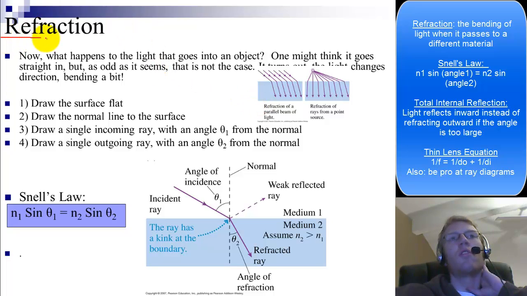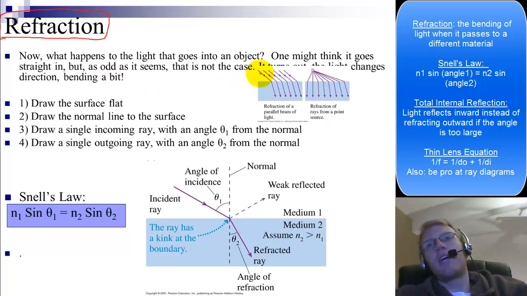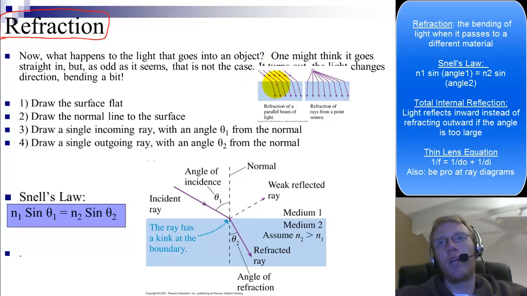Okay, so this all leads to this cool effect called refraction. So when light goes into an object, ooh, my picture's kind of blocking out some words, I apologize. When light goes into an object, one might think that it goes straight in, but as odd as it seems, that is not the case. It turns out the light changes direction, bending a little bit. So here's some light rays coming in. If they're all coming in parallel, they all bend the exact same amount. The amount they bend actually depends on what angle they hit the surface. So if they're all coming in parallel, they'll all bend the same amount and come out parallel